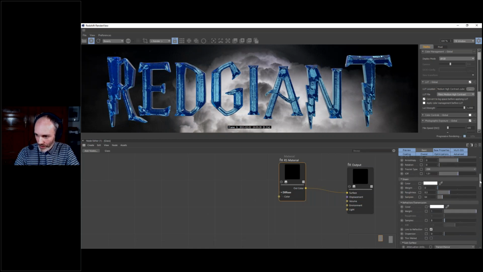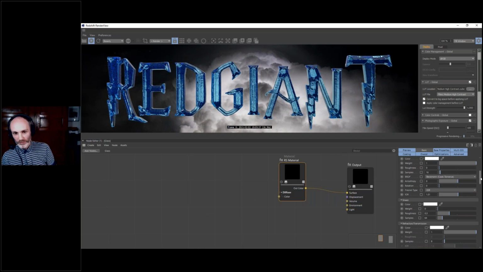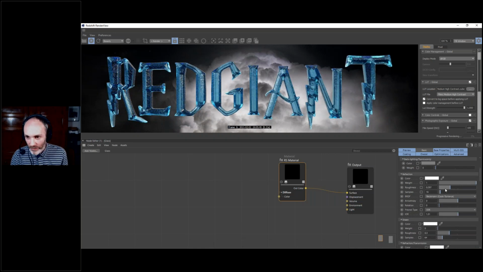So this will be the reflection roughness, because it is linked to the refraction. So I just need to increase here our roughness. It's going to create that kind of frost effect. It's as simple as that, as you can see. It works pretty well. We still have our geometry giving us some details, and we could use the same tricks I showed you with the bump map and the noise map to create some more variation on the texture. But basically, you have your frosty material just using this technique.